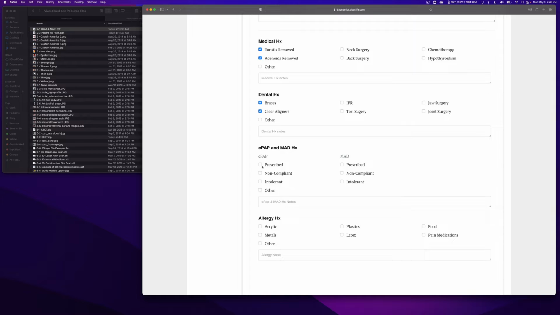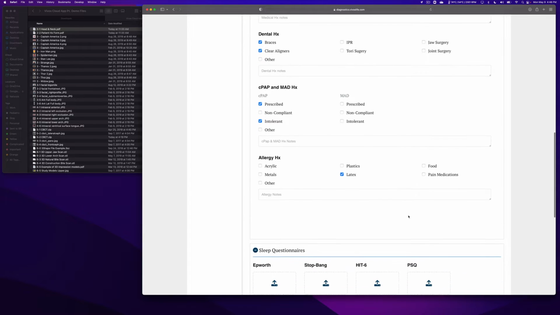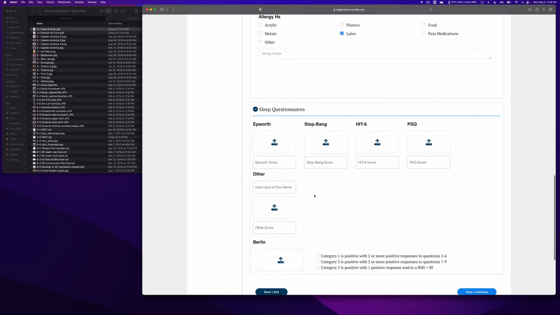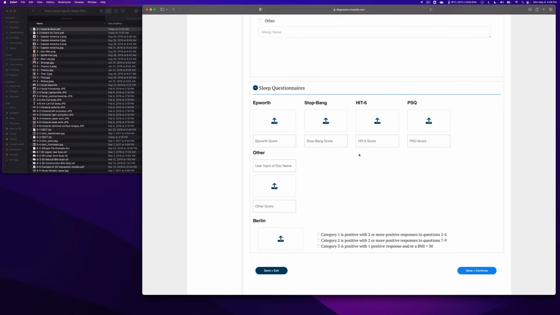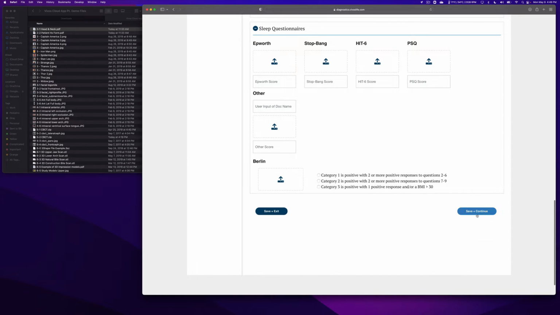their dental history. Maybe they were prescribed CPAP and intolerant. Maybe they're allergic to some latex and some plastics. All of this is going to be relevant there. And then if you've got any questionnaires, you can come in and upload those, but these aren't required necessarily for you to move on to the next step and to set up a patient with Vivos Aire. It's more having all of the information in one place where you can come back and reference down the road